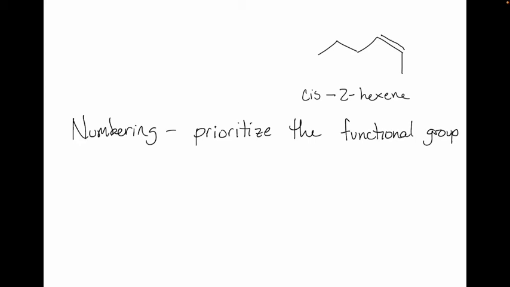And this is our first functional group that has what's called priority. So what the heck does that mean? That means that if I have, for example, something like this,